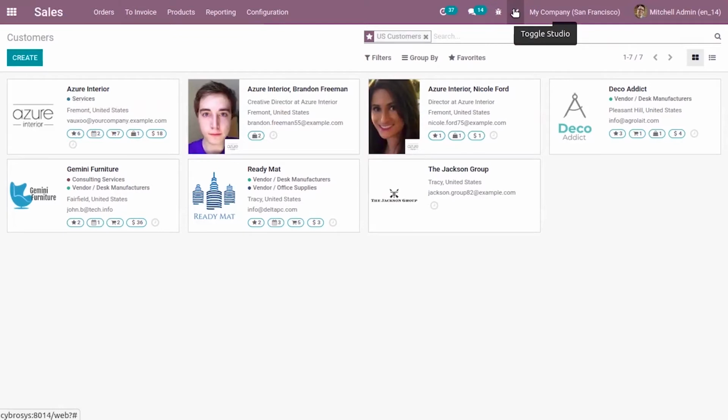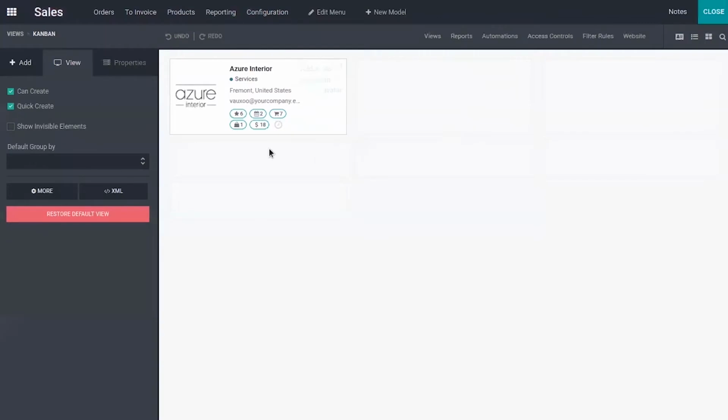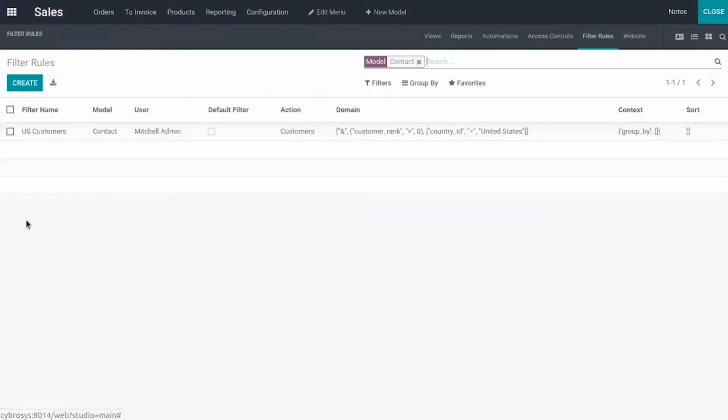Now, let's go to Studio and customize this. Here we can see a tab that is filter rules. So click on that. We can view all the filter rules that we have created in Odoo, in this sales module. You can see we have created a filter with the name US customers, and you can open it.